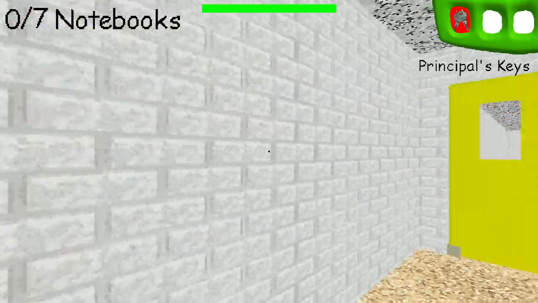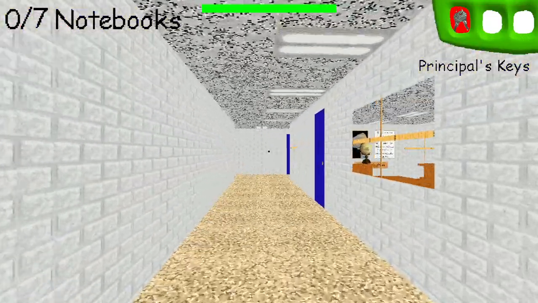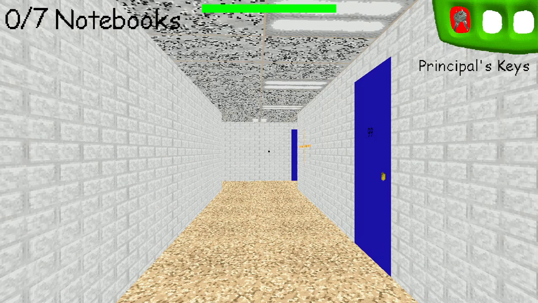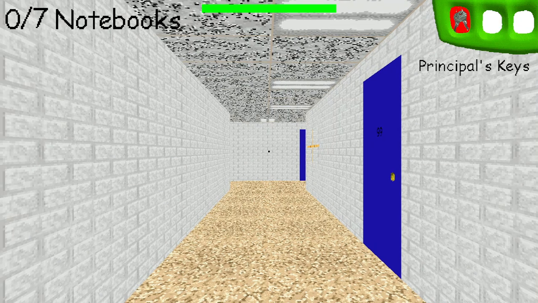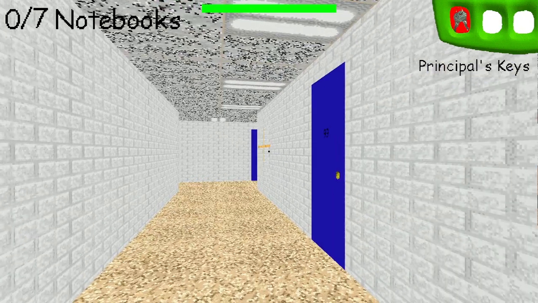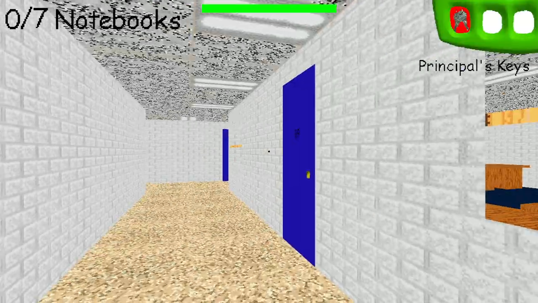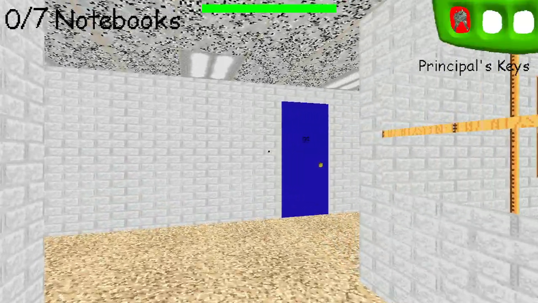The new usage of the principal's keys in Baldi's Basics Plus is that when Chocolates, because Solliana has locked you in the classroom and you have the principal's keys, you can open the door and escape. But unfortunately you cannot escape when Mrs. Paul